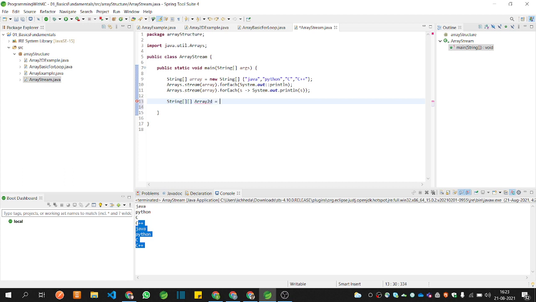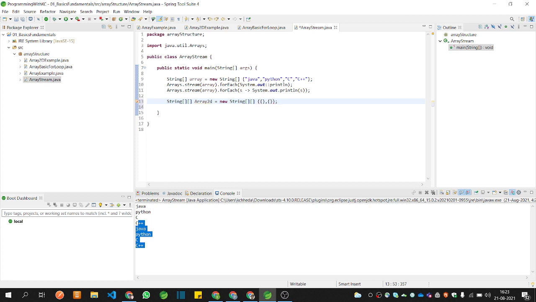So array 2D, we had taken this, and yes, double square bracket means you are going to basically create a 2D array, right? So string, okay, again I want to directly pass the value without declaring the size. So this is the method basically. Okay, so you can write like this, and yeah, now as you know that it is an empty array,